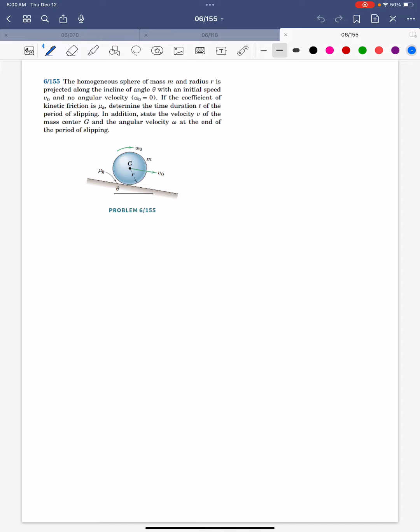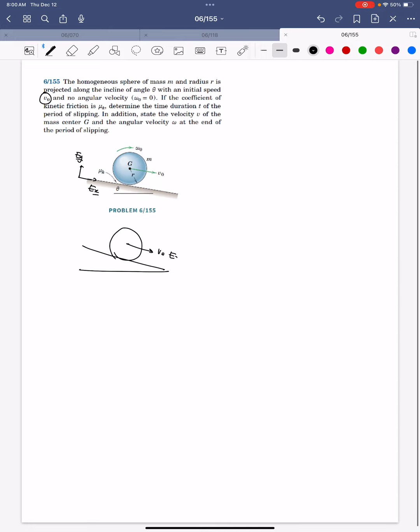Okay, so initially the sphere is given an initial velocity v0. If we take this direction to be ex, then we're going to say that's v0 ex. And omega is 0 initially, meaning that all the points on the body have the same velocity. In particular, this point P, the contact point between the sphere and the ground, has velocity also v0 ex, meaning